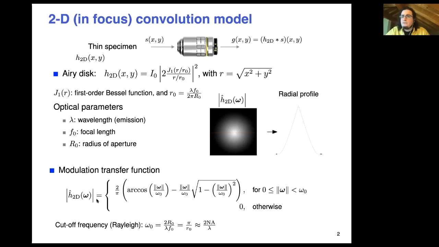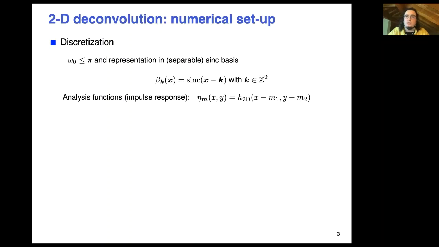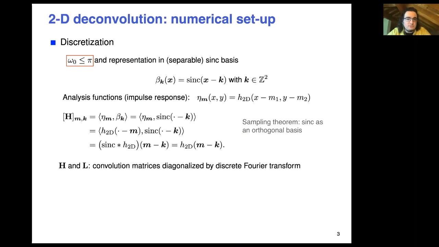So when you have a wide field microscope and you have thin specimens that are properly focused, you can use all the toolbox that we introduced for doing simply 2D deconvolution. So here it would look like so. If you have the cutoff frequency under pi, you can take sinc bases that are separable in each of the dimensions on a grid, and then the analysis functions, as we've seen, are these 2D Airy disks. But then because of this condition, the system matrix can be easily computed by taking